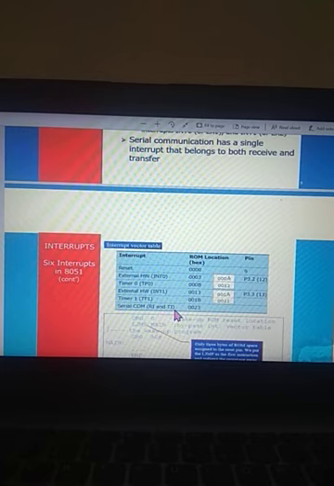But the TI flag indicates that a previous byte has been sent successfully and a new byte can be written to the serial buffer or serial port. So these two flags are associated with serial communication. We'll discuss serial communication entirely, and at that part we'll discuss everything one by one.